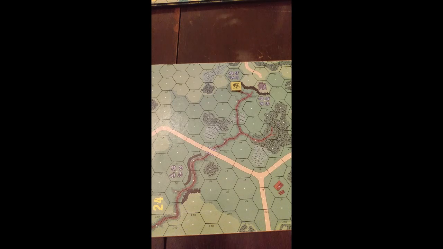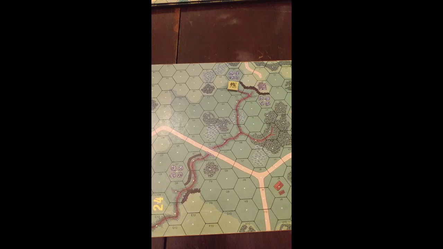We could also go back to H1 over here, but that would be 4 movement factors because it would be 2 movement factors to get us out of the gully and then 2 movement factors to get us into the crag. However, we cannot go to I2, and the reason is that there is this cliff here between the 2 elevations, and so we're not able to go up that cliff.